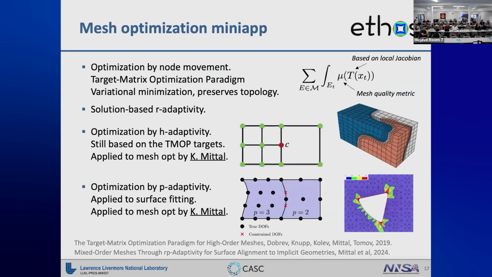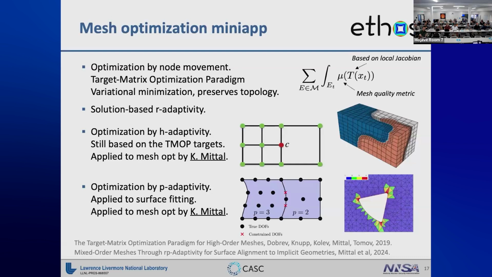So you define what your elements want to be, and then you choose something that's called a metric that measures the difference between your current element and what you want to get. And you optimize with a Newton solver or some other nonlinear solver, and it moves the nodes, it solves for X, and you get the optimized mesh. Then in the mesh optimization miniapp, we moved to productivity. So we base this approach on the discrete fields that you have in your simulation. And then we moved to other things, like optimizing meshes through edge adaptivity,